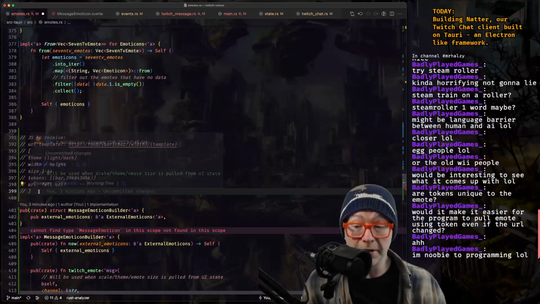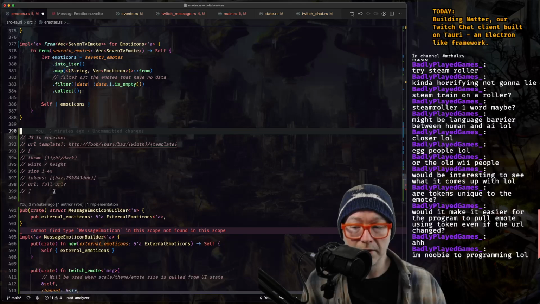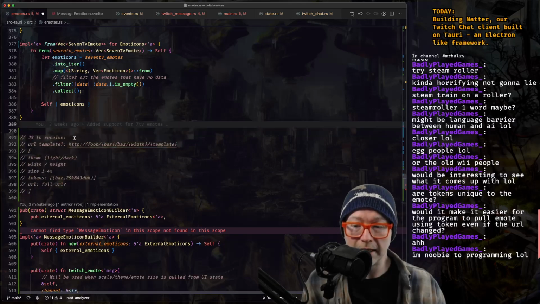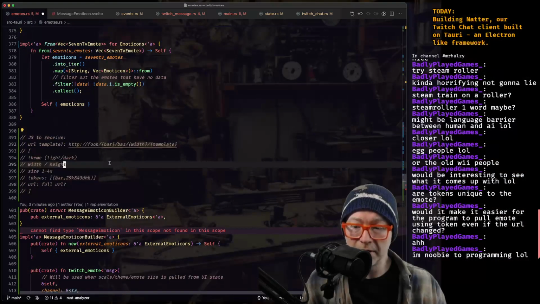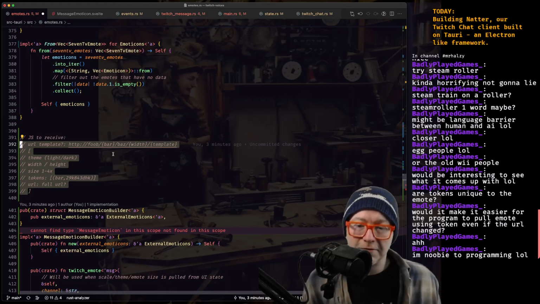So if that becomes an issue, the front end could deduplicate it. Right? Have some sort of central map of these. Because given an emoticon, its data would be the same on every invocation.